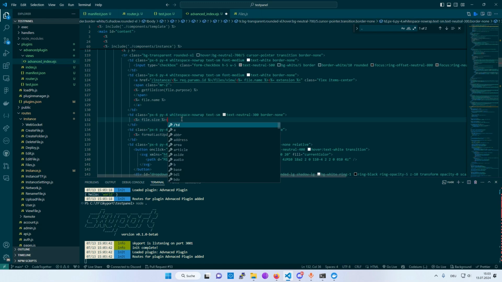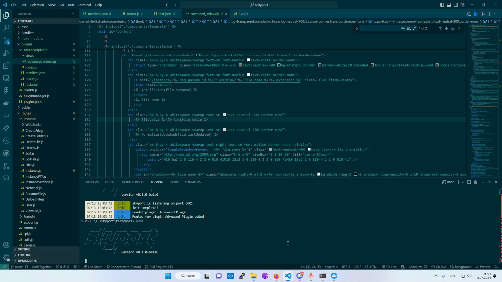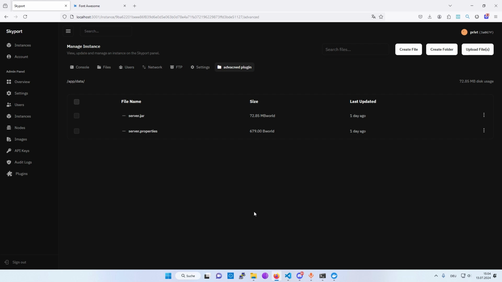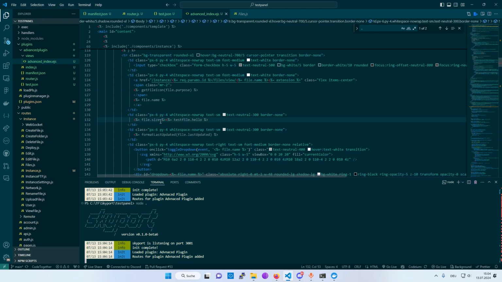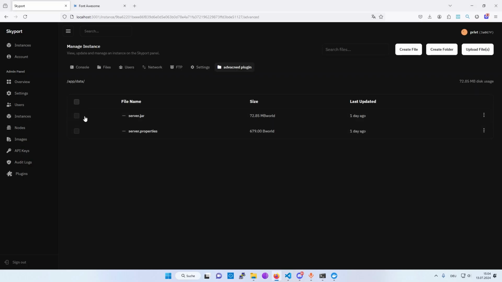Here on file size we do now, if you do this, it should give out world. And where did I put it? I don't know where I put it. Yeah, here. You see,